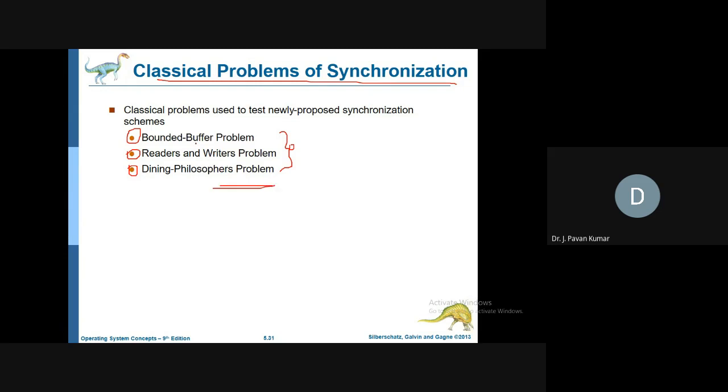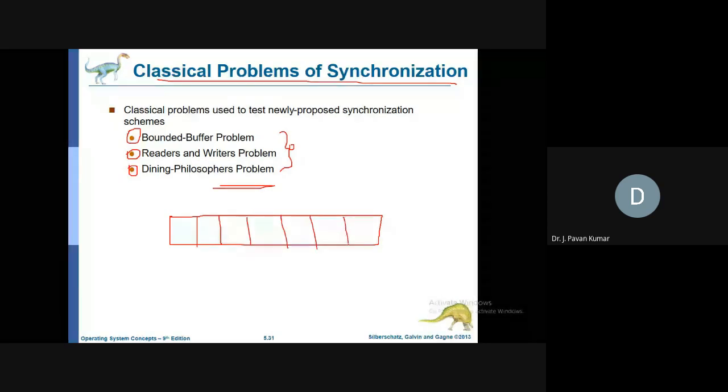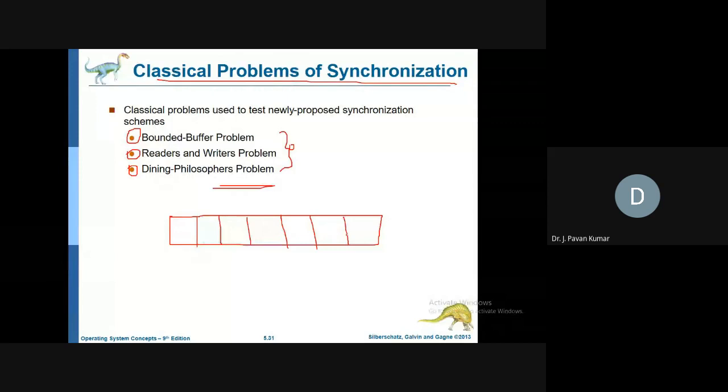Now let us consider the bounded buffer problem. It is like we are having a rack of space which consists of, say, 7 files we can keep in the rack. First file, second file, like this. So we can put 7 files in this particular rack.